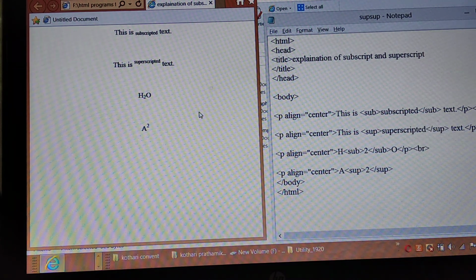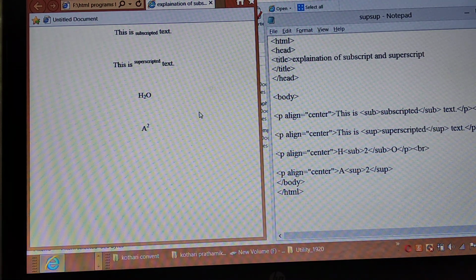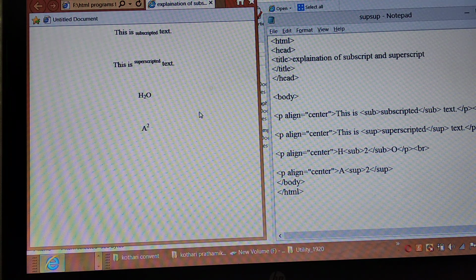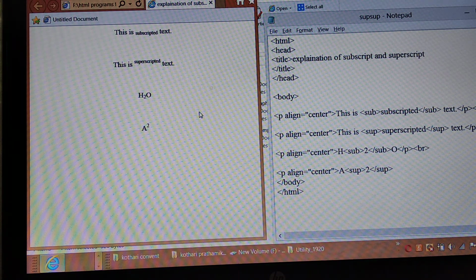So you can apply the changes over total text or total sentence also. So that will be used to display the required sentences or the word or the character or a number in the particular manner.